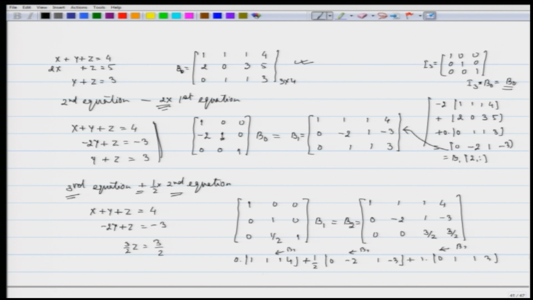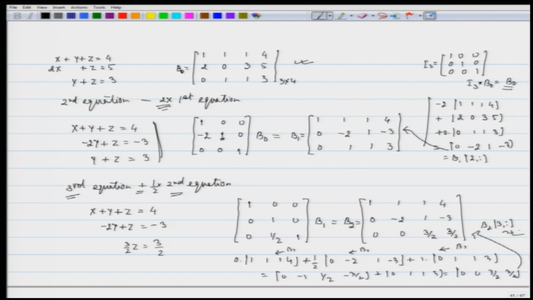So, this is equal to 0 minus 1 half, and this is minus 3 by 2. So, it is minus 3 by 2 plus 0 1 1 3, which is 0 0 1 plus 1 by 3 is 3 by 2, 3 minus 3 by 2 is 3 by 2, which is nothing but the third row,